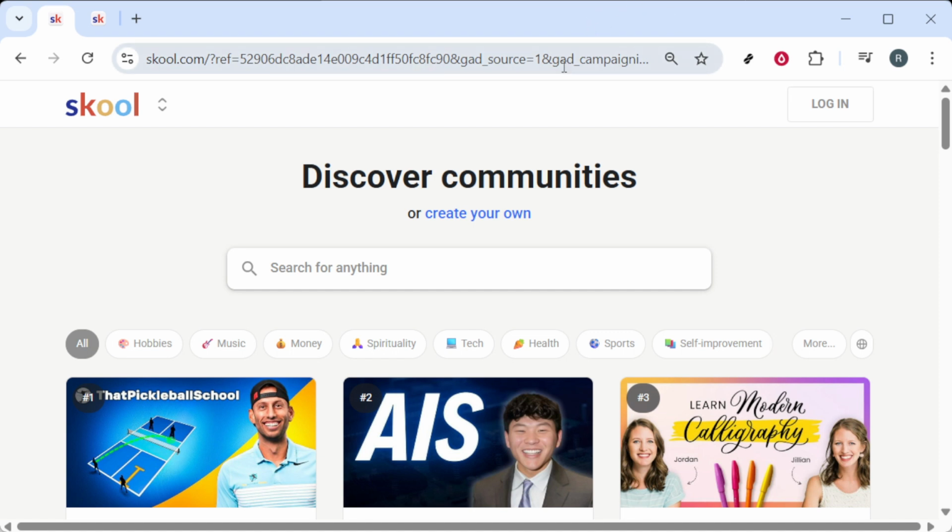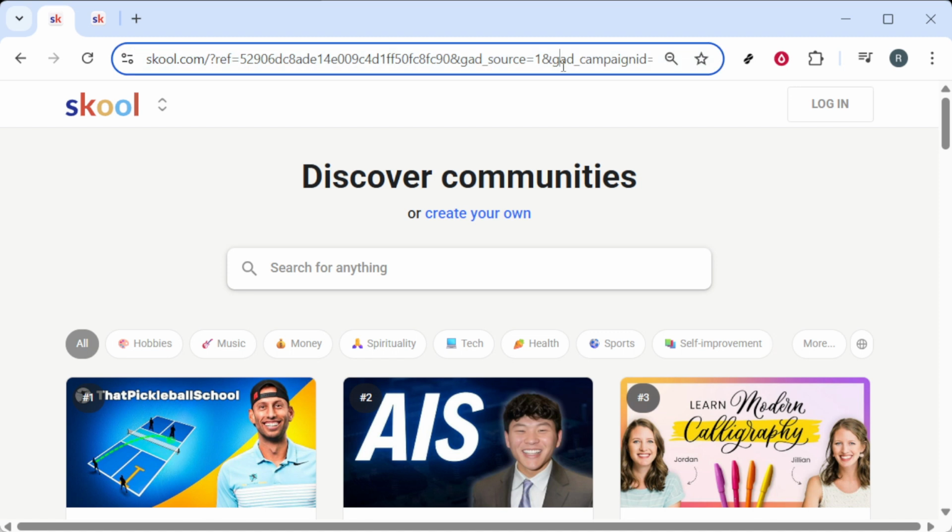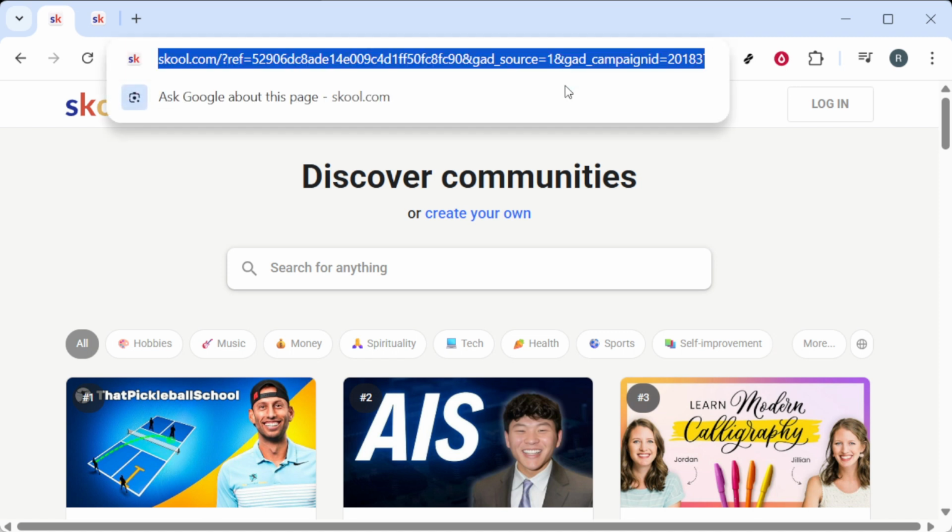To get started, open your preferred web browser and navigate to the search engine of your choice. Enter Skool in the search bar and hit enter. Look for the official Skool website in the search results and click on it to proceed. Once you're on the Skool homepage, log in using your existing account credentials. If you don't have an account yet, you might want to take a moment to create one to access all